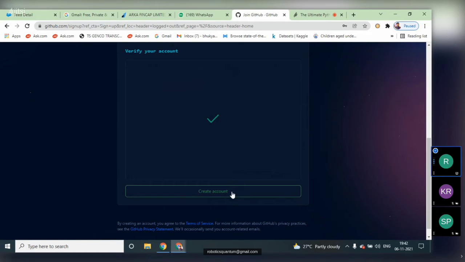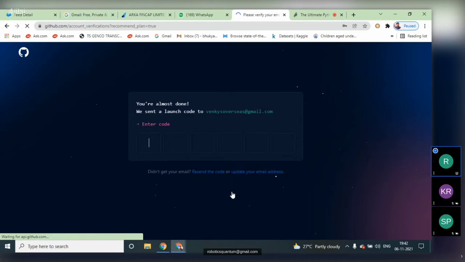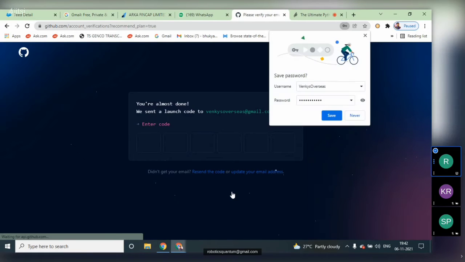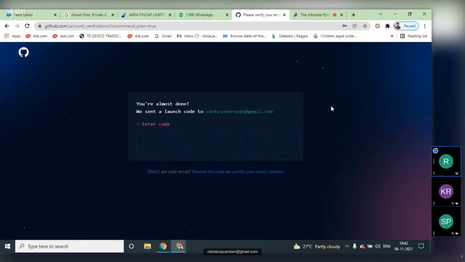Now click create account. So now we are creating an account here. It's asking us to enter the email ID and password, and a pin. One pin number will be sent to your mail account.